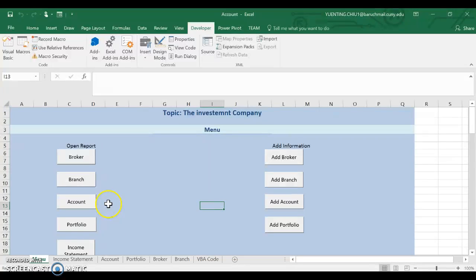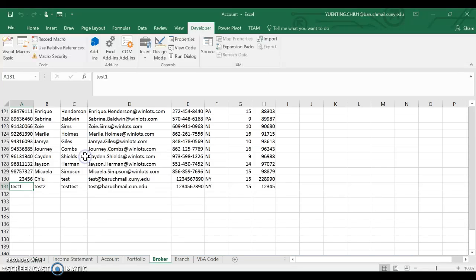The menu form is the homepage of the Excel and is separated into 2 main parts, the add information and the tables. The open report buttons on the menu would navigate to each table. They are macro buttons. I record them to direct to each sheet. So when the user clicks on it, that would direct to the broker table,